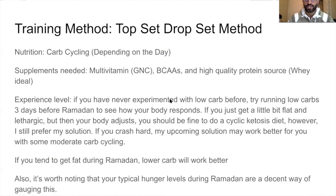And you're also going to need a high quality protein source to sip during your workout. So that's going to be whey protein. It's also very, very important, because if you're trying to hit 1 gram per pound of body weight in protein per day, and up to 1.5 grams, which is honestly what you should aim for, you're going to need some kind of protein powder. Because if you're trying to get this in only 2 to 3 meals, it's going to be